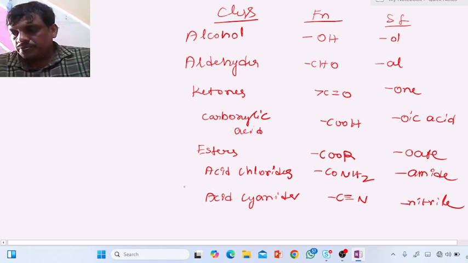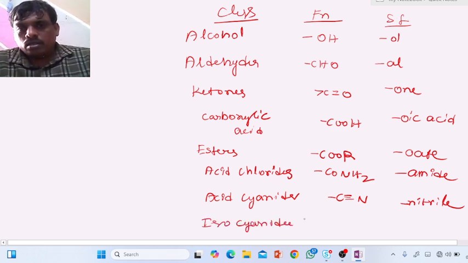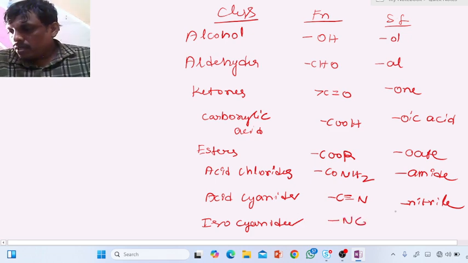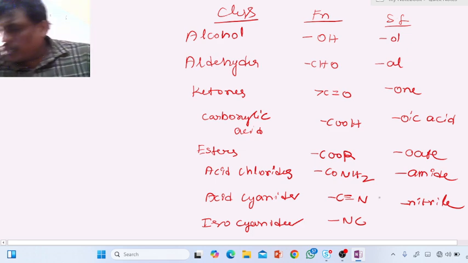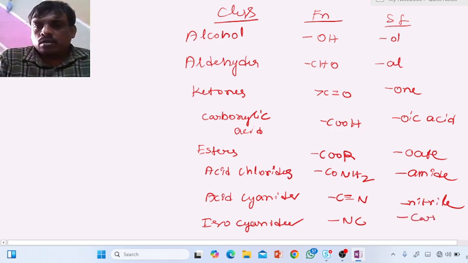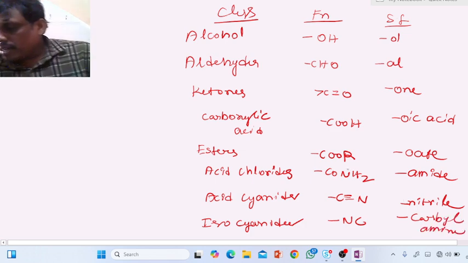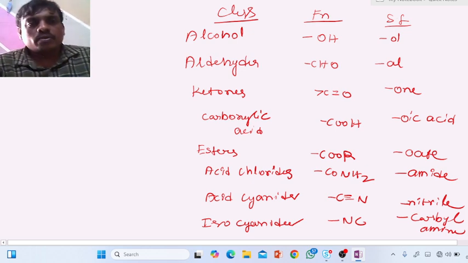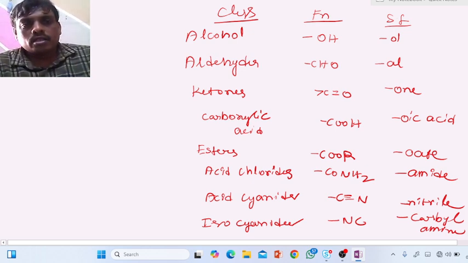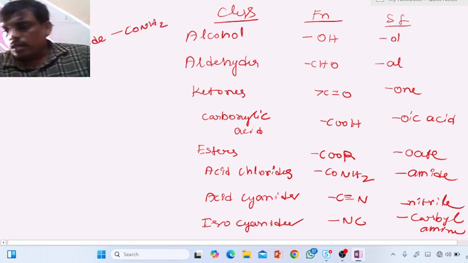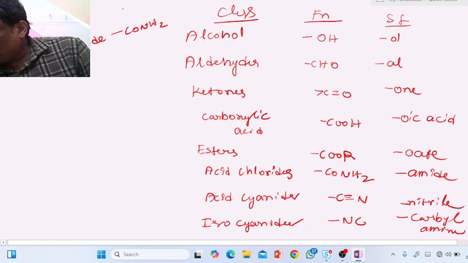Isocyanides are there, NC is given, and carbylamine. Acid amides are there, CONH2. And in case of secondary suffix,